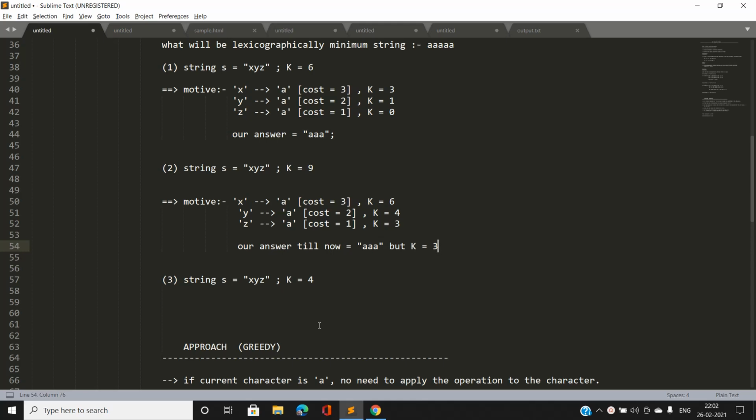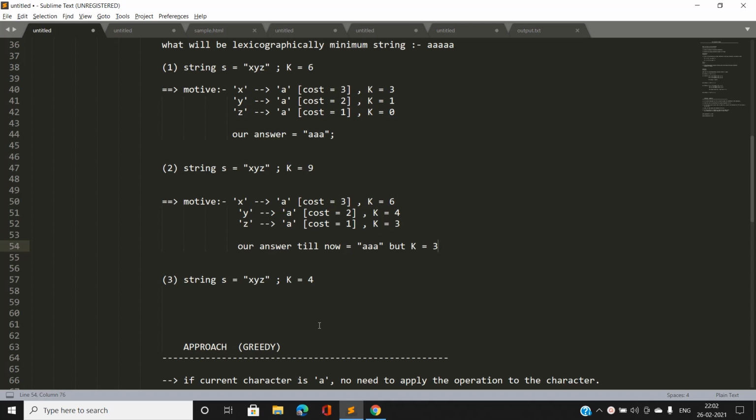So what would be the best way to consume these 3 operations for the lexicographically minimum string? The main motive that viewers must keep in their mind is that we need to make the lexicographically minimum string. So what would be the optimal choice to make this k exhausted completely?